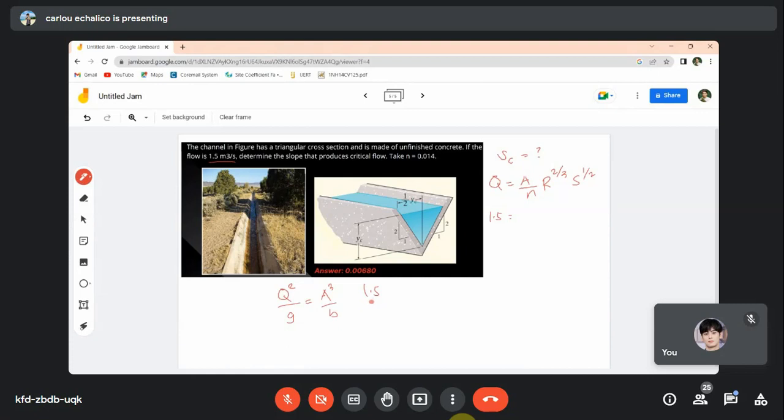Squared over 9.81. Ang area na to karon is 1/2 base times height, diba pag triangle. So 0.5. Ang base na to is YC. Okay? Ang height na to is YC. Over, cube ni siya. Over ang base na to, ang base na to is YC. So, therefore, YC now is